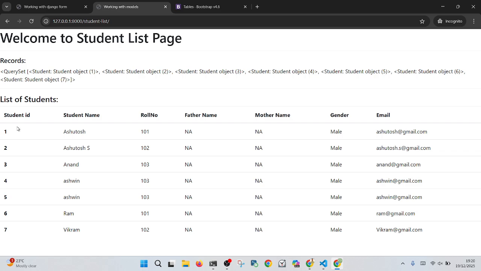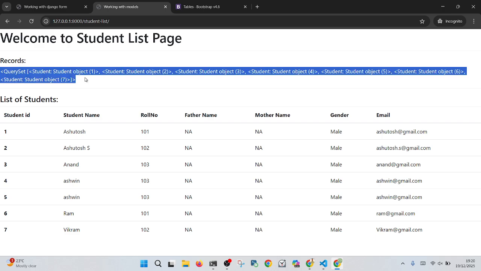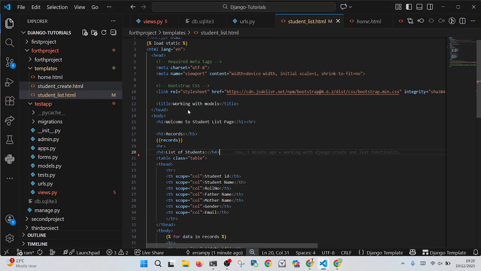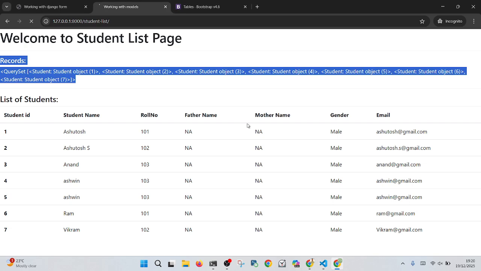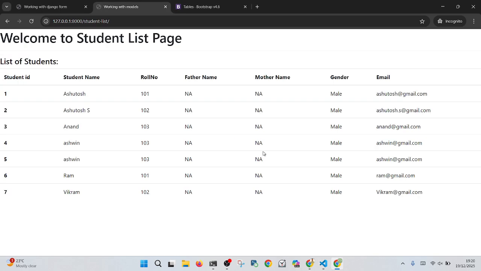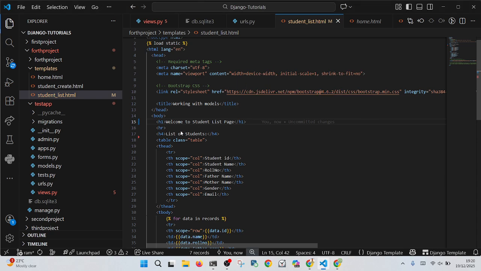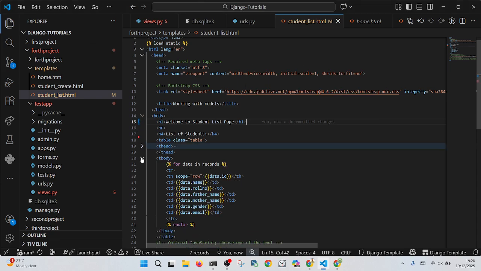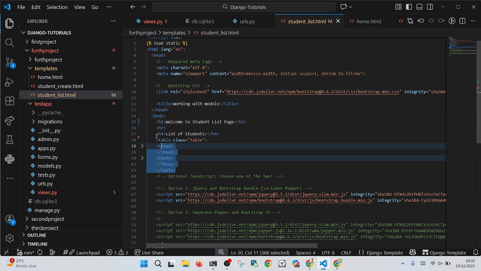Can you see now here? Hope you have understood all the data coming from a database. Now I don't want this records also, guys. I have just explained it for understanding purposes. So I will clear these things, just do the cleaning of the code. Hope you have understood now. Now this is how it looks. So what I will do: copy all of this here, and the table also I will put into one container. Create one